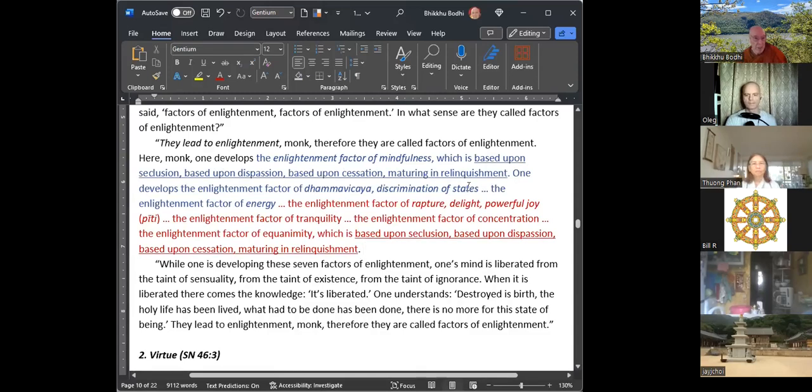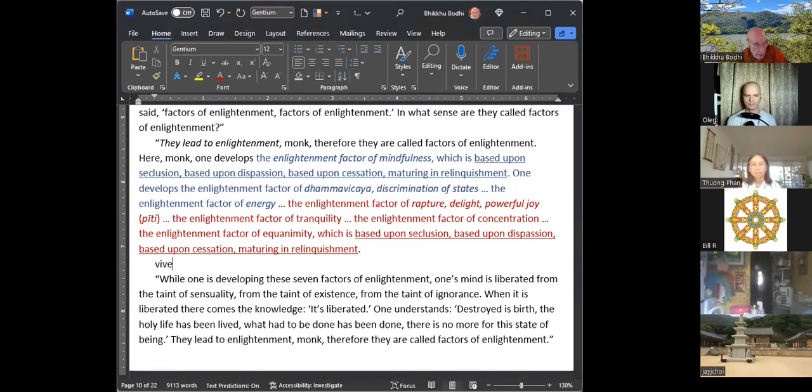Here in the printed text, this formula is mentioned only for the first and the last, but in oral recitation, it would be recited for each one of them. And so the first of these terms of the formula is based upon seclusion. In Pali, this would be viveka